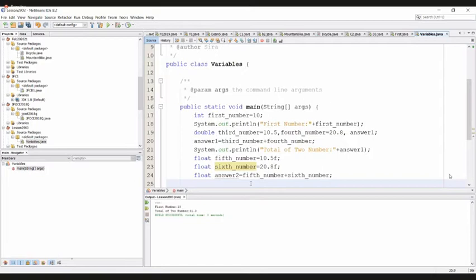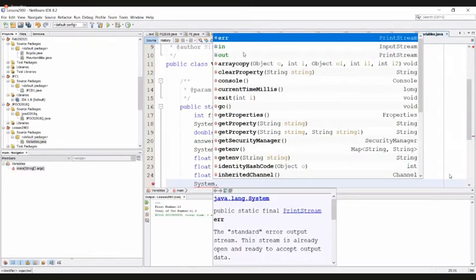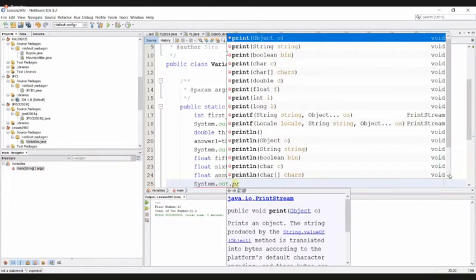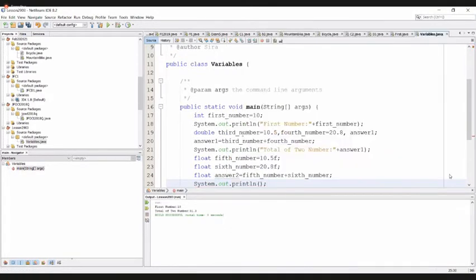Then we can generate the output. System.out.println, total of two numbers plus answer.